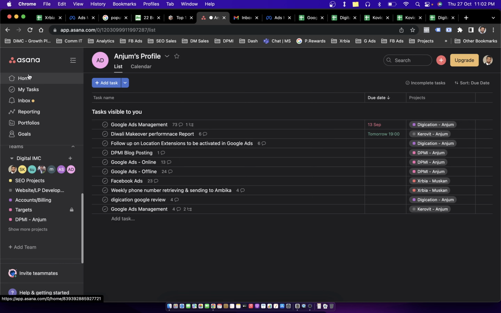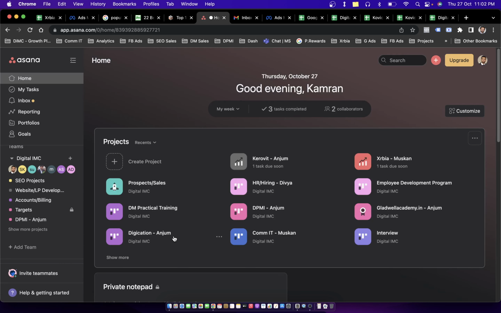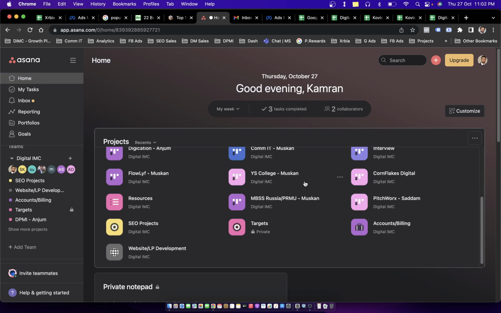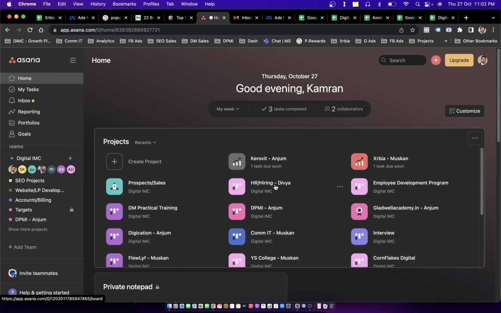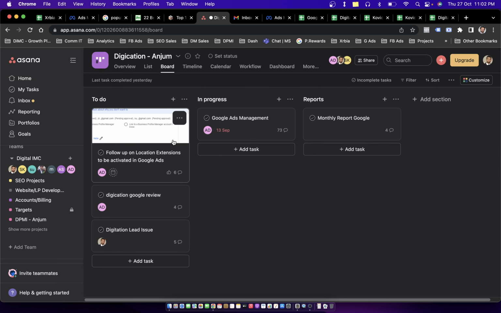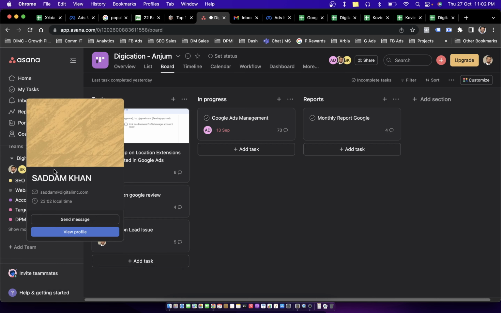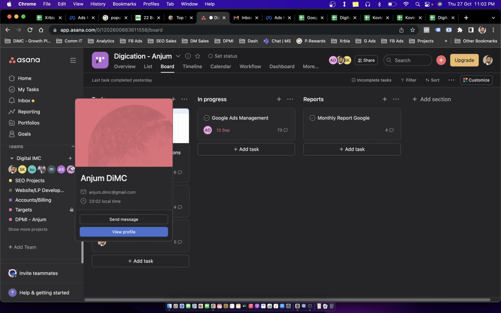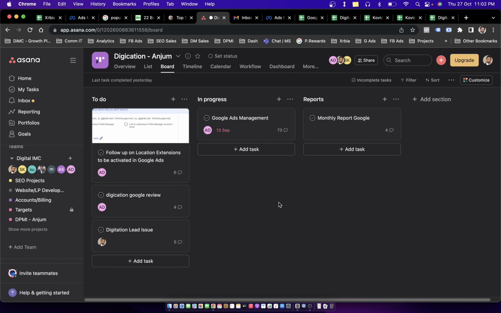Alright, so if I get back to home, I can show you we are having different projects allotted to different team members in Asana, and that's how you can get into any project and you can make different activities. So let's say you have to create a new task. You click on this button and create a task, and then you assign the task to the available team members. And this is the team member task. So you can have multiple team members. You can just connect their email IDs to Asana and they will be able to access